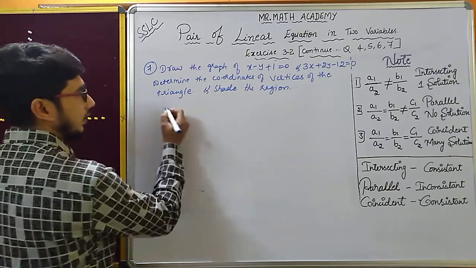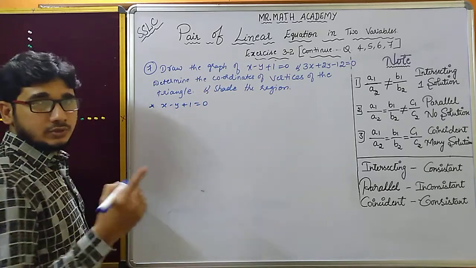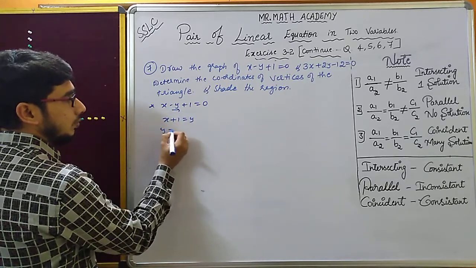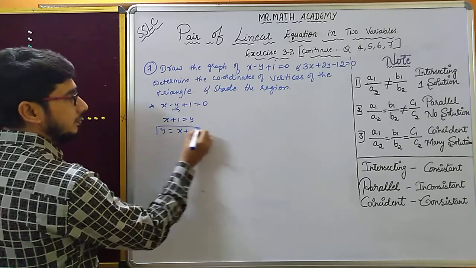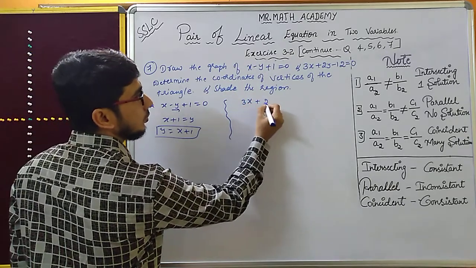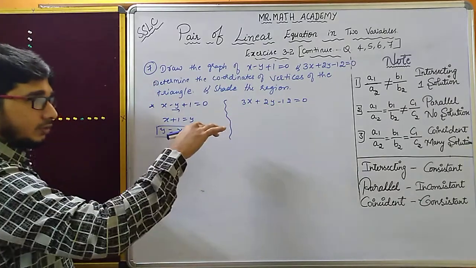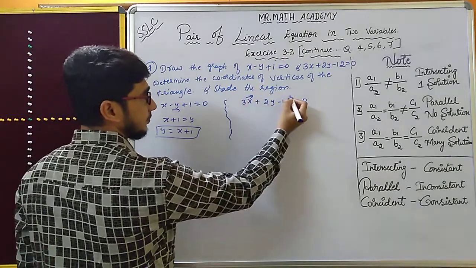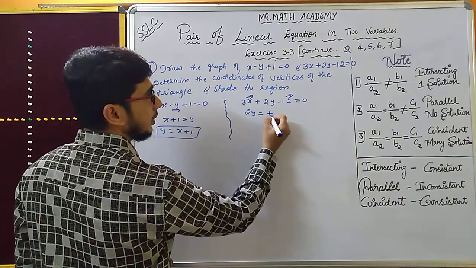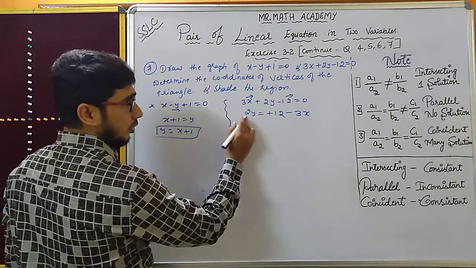Draw the graph. Consider the equation x minus y plus 1 is equal to 0. I want it in terms of y, so I'll move y there. So it will become x plus 1 is equal to y, one equation. I am keeping the pattern y is equal to x plus 1. Another equation is 3x plus 2y minus 12 is equal to 0. This is positive, let it be here only. So the remaining terms I will send to the other side. So 2y is equal to, if minus 12 goes that side, it will become plus 12. This will become minus 3x.